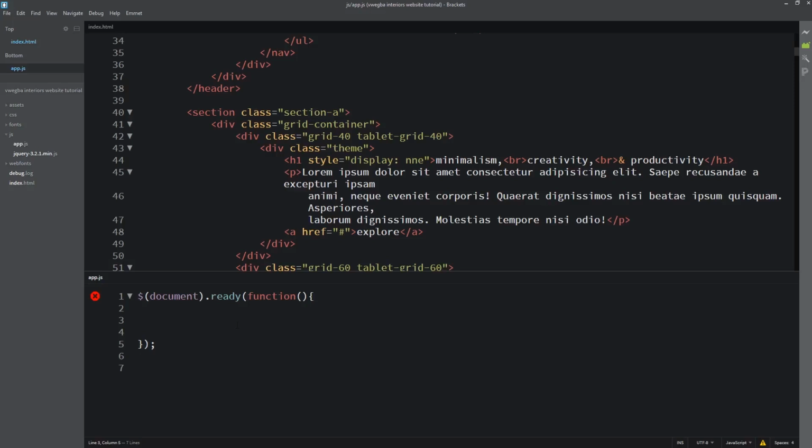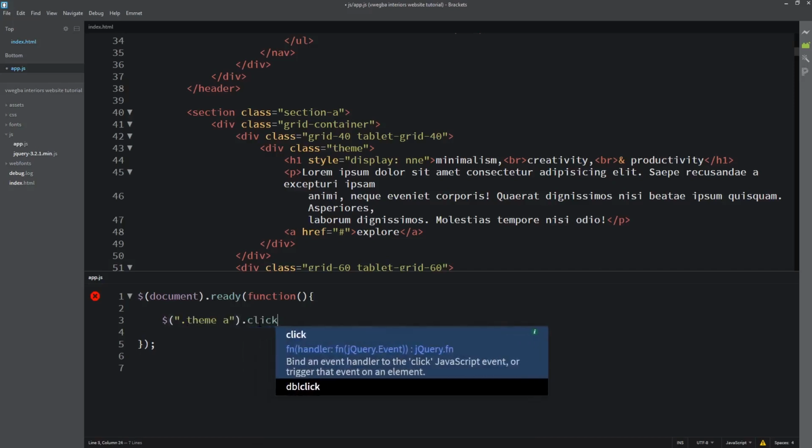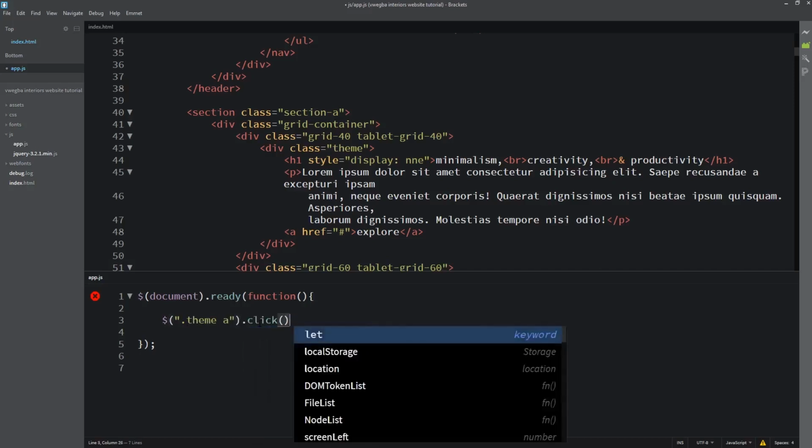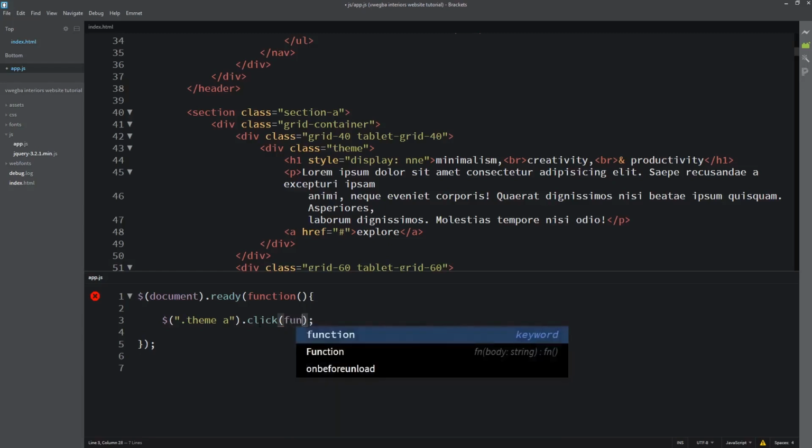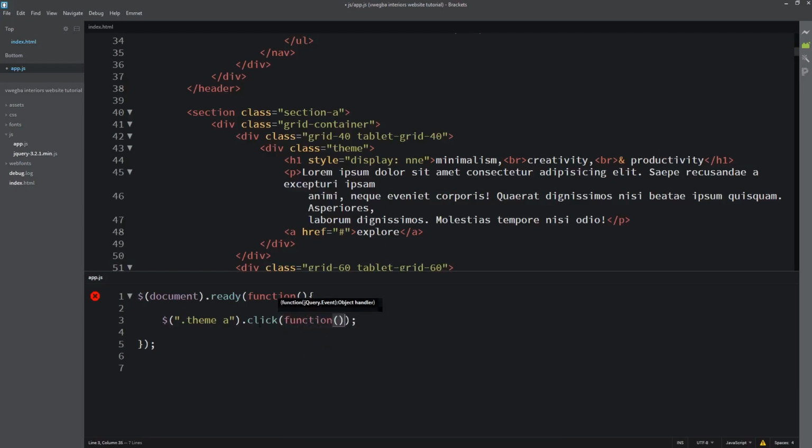So what I'll do is come here and target the same button we used. Then when we click on the button, we'll run this function.